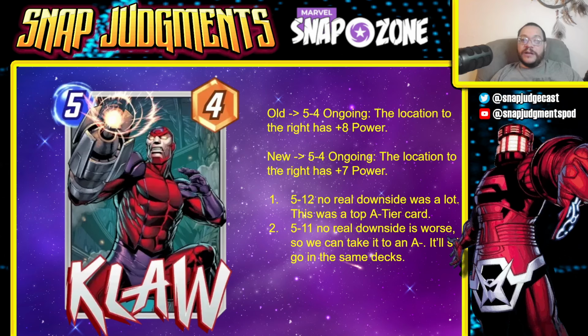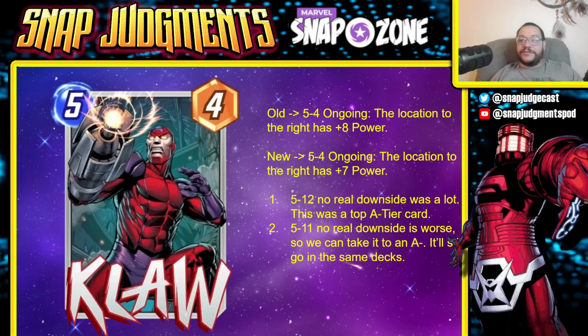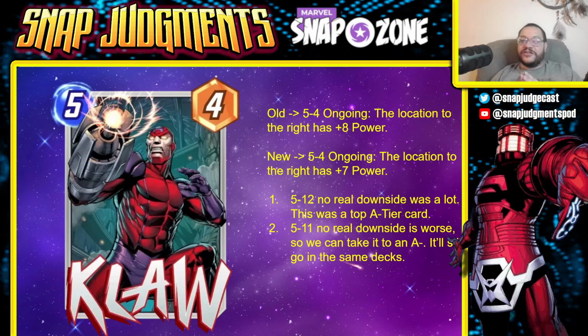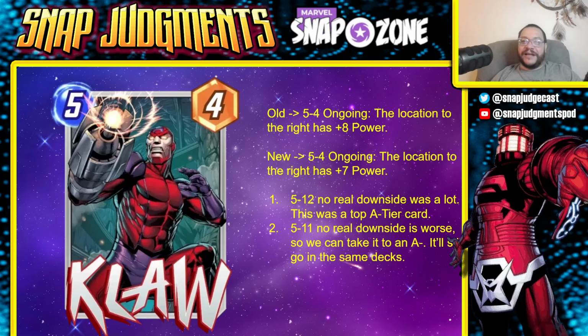Then we have Klaw. Klaw was a 5/4 ongoing. The location to the right has +8 power. It's losing 1 power. The location right now only has +7 power. This is going to lose some percentage more of games and make people play it less. But hey,